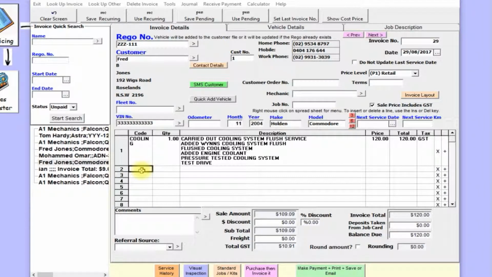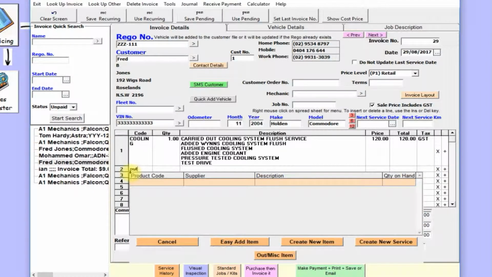Out items or miscellaneous items are items that are not in stock. You might do a one-off purchase, or purchase every now and then from a supplier, and you require the invoice number and a few other details for warranty purposes. For example, you type out,